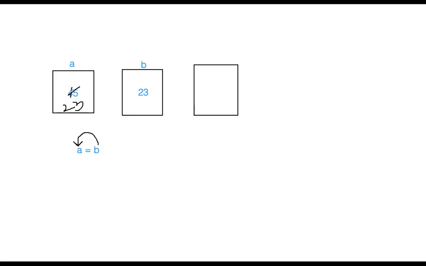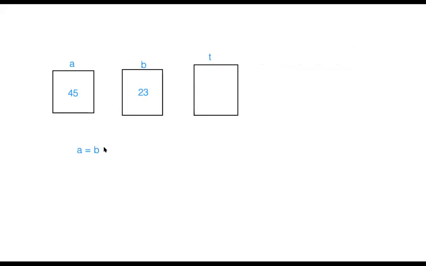But what about this 45? You need to place it back into b itself. After assigning the value of b to a, 45 has to be stored into b. Sir, we can take another variable, assign that variable to A. Yes. In that, A will be stored, again assigning B to that temporary variable, so B will be 45. So we are taking a third variable, also known as a backup variable. It is only for backing up the value.